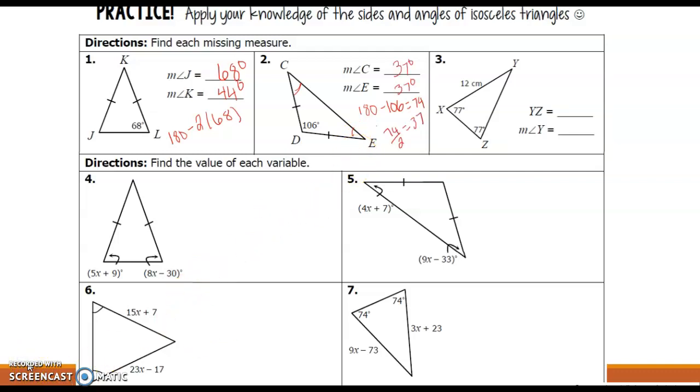All right, so 180 minus 106 is 74. You divide that into 2 because both of these angles are congruent. So that means each angle is 37 degrees. All right, so if you know these two angles are congruent, that means you know that these two sides are congruent because it's an isosceles. So that means YZ has also got to be 12 centimeters. All right, so what does that